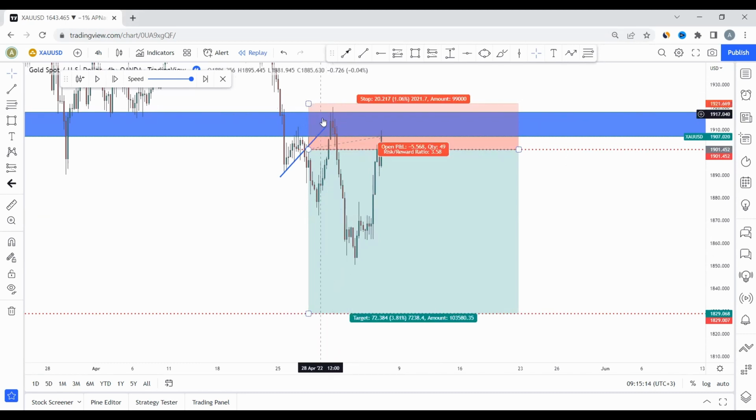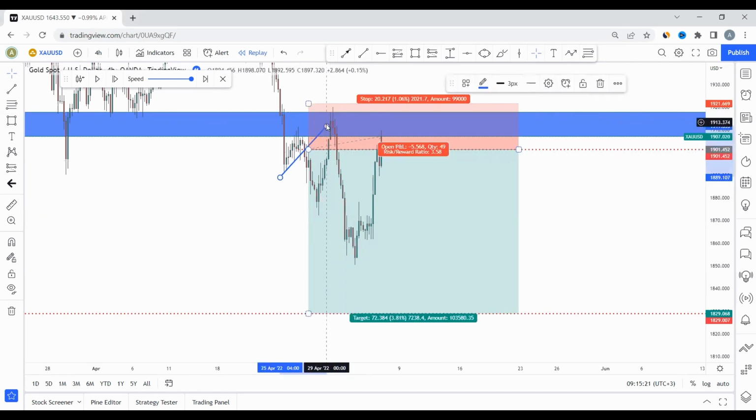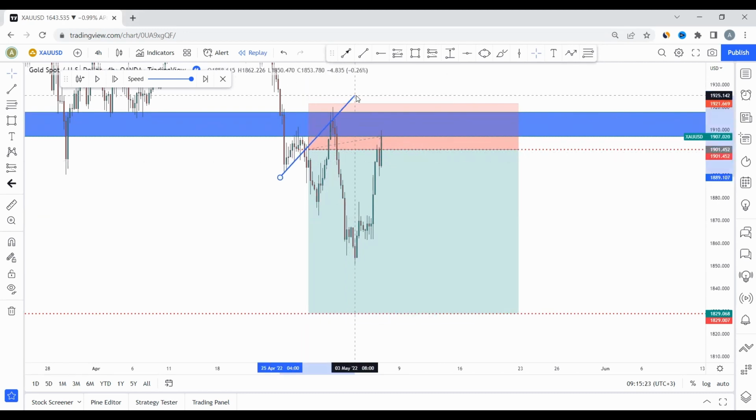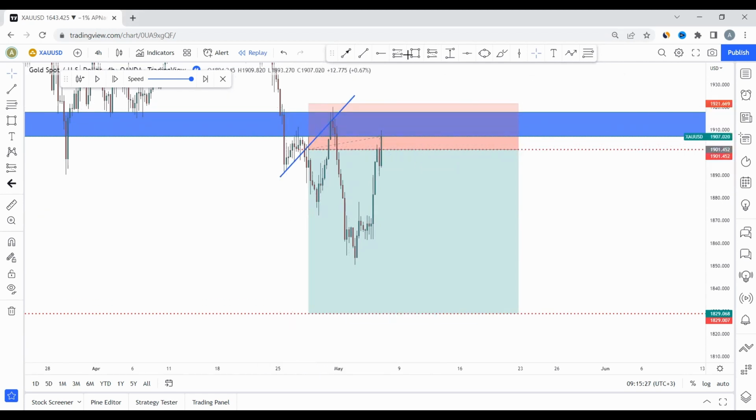The price came and almost took us out because it's doing what we call stop loss hunting, right? But you're well protected by this counter trend line if you extend it. Are you seeing? If you extend this counter trend line, it's protecting you. And also we have a structure here. We have a presence of buyers here, which was holding us. That's why we put our stop loss above.